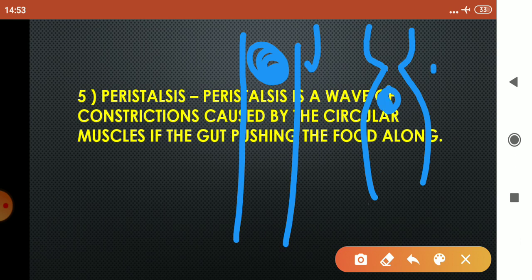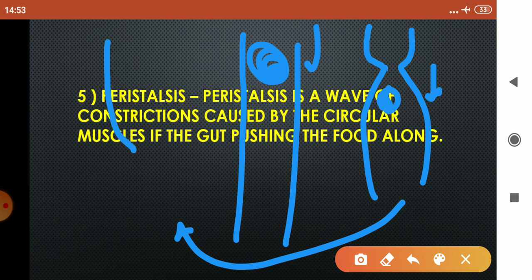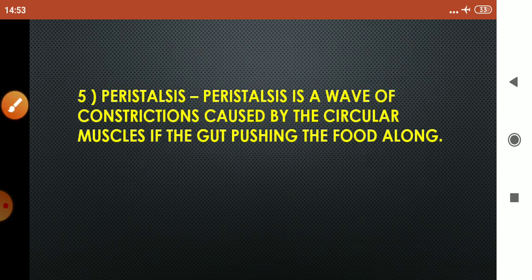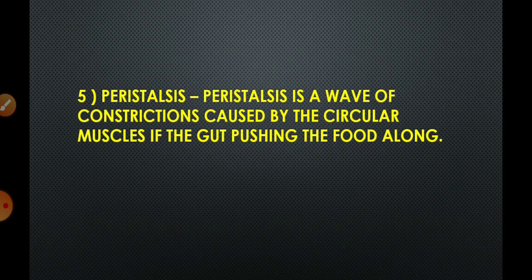After that, this wave will pass here, and the next figure I am going to draw it here. It will be like this. And food will come down. So this is how the food moves along the digestive tract, and peristalsis occurs throughout the digestive tract. So children, I hope this peristalsis movement is clear to you all. If not clear, then I will explain this peristalsis in the video of the digestive system.